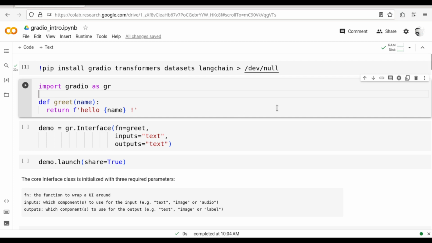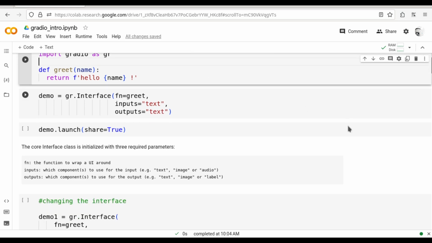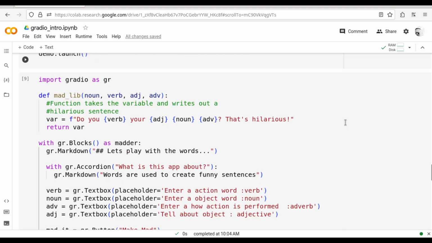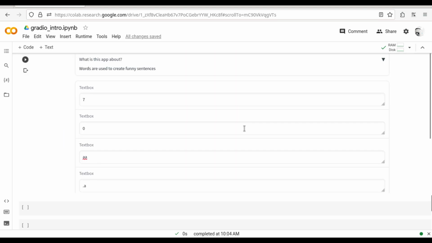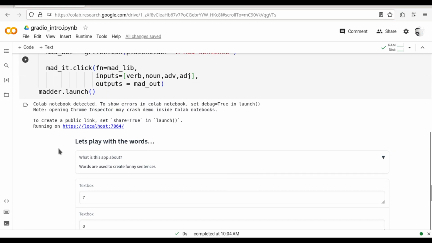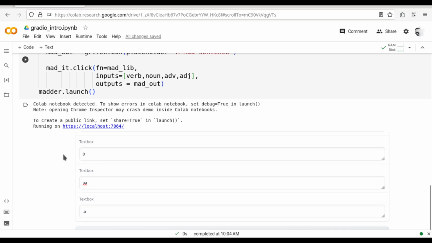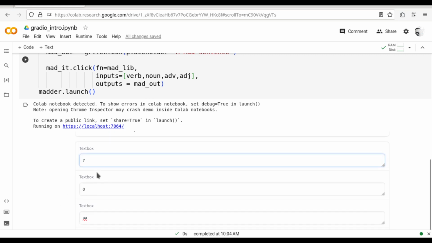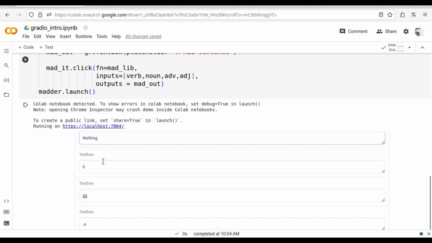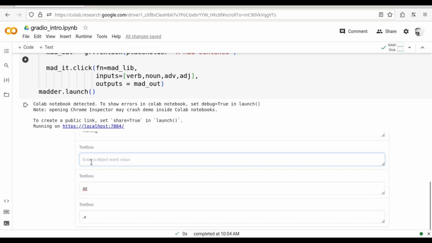Before I start working on this code, let me show you what is possible, what we are going to do today. We are going to build an application called Playing with Words. It's a Madlib application. There are 4 text boxes, and we are going to say the verb, so walking. It is asking for a verb, so I'm saying walking, and this is asking for a noun, so I am saying